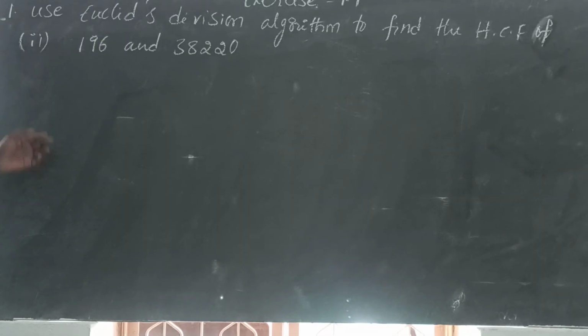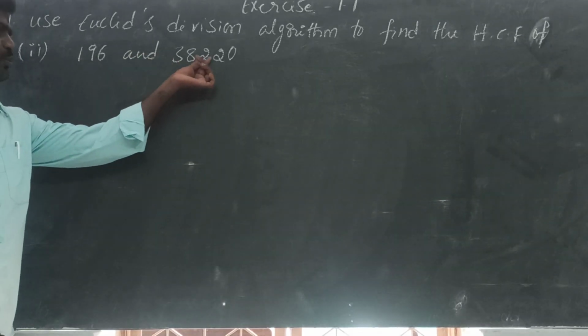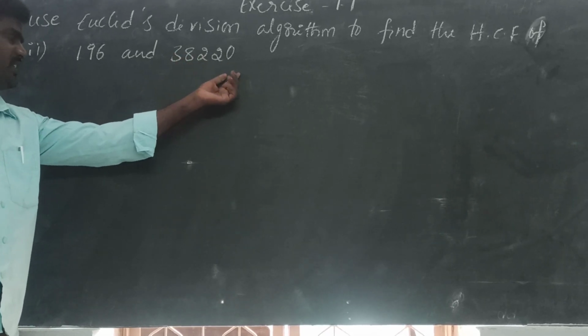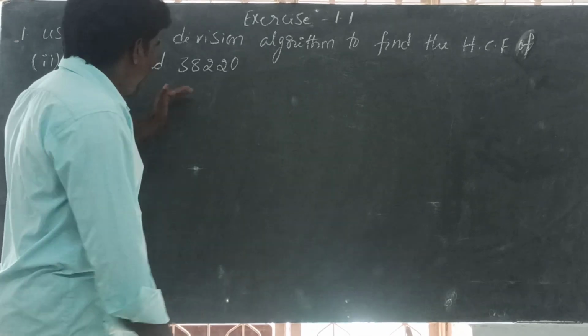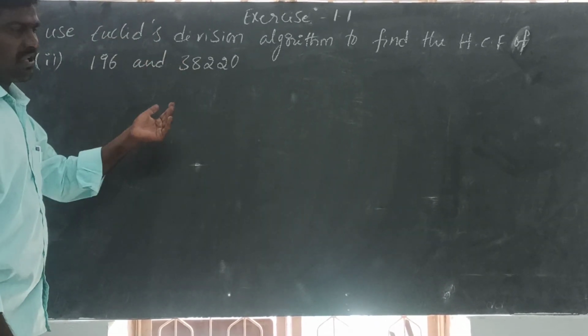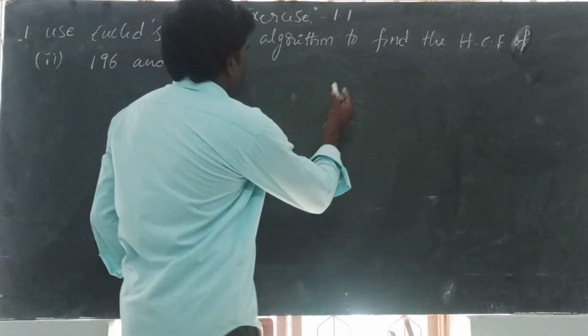Next, second number: 196 and 38220. Here, what is the biggest number? 38,220. The smallest one is 196. Okay, here we can find HCF by using division method or GCD. From the GCD we can write the Euclid division lemma. Okay, so here